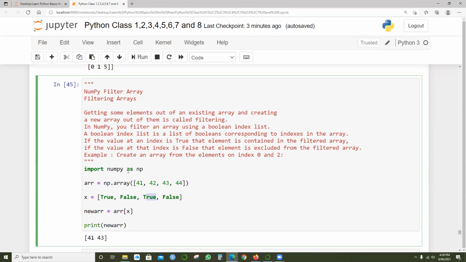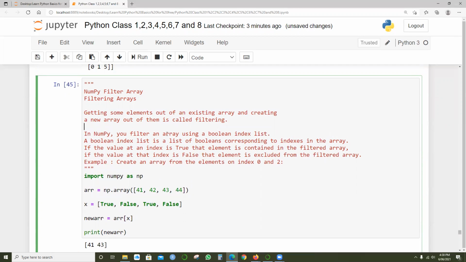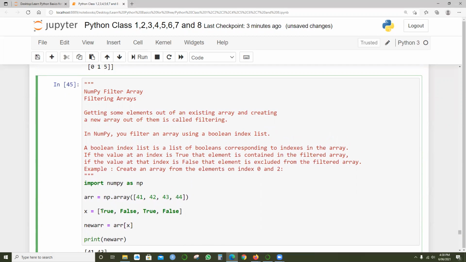So that's what we're trying to do. In NumPy, you filter an array using a Boolean index list. This is the key point. We have given true, false, true, false, and based on this, the values have been filtered. A Boolean index list is a list of Booleans corresponding to indexes in the array.